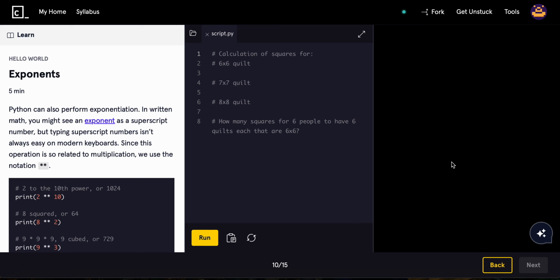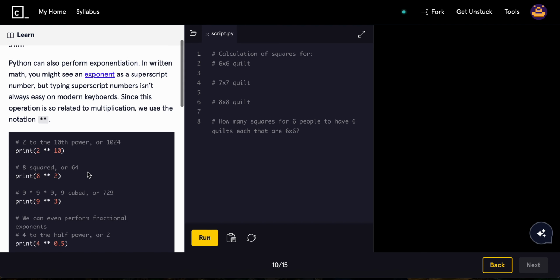Python can also perform exponentiation. In written math, you might see an exponent as a superscript of a number, but typing the superscript numbers isn't always easy on modern keyboards. Since this operation is related to multiplication, we can just use the notation ** . For example, if you have 2 raised to the 10th power, you can simply put 2 ** 10